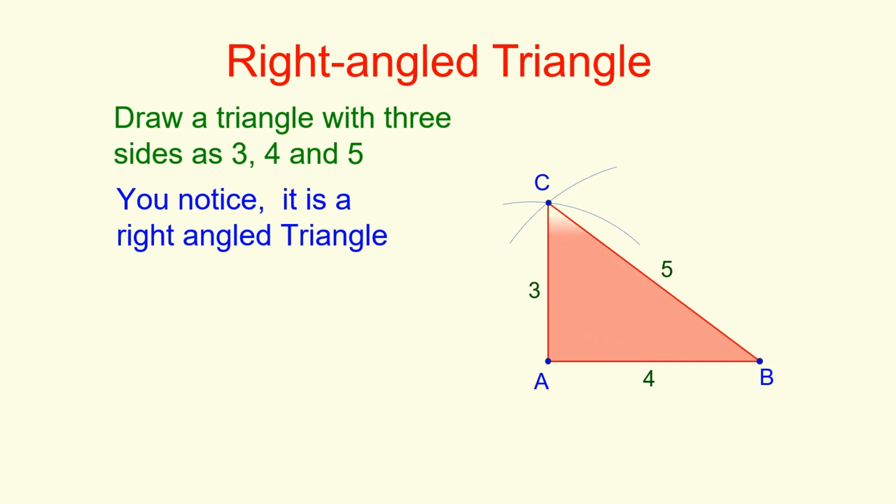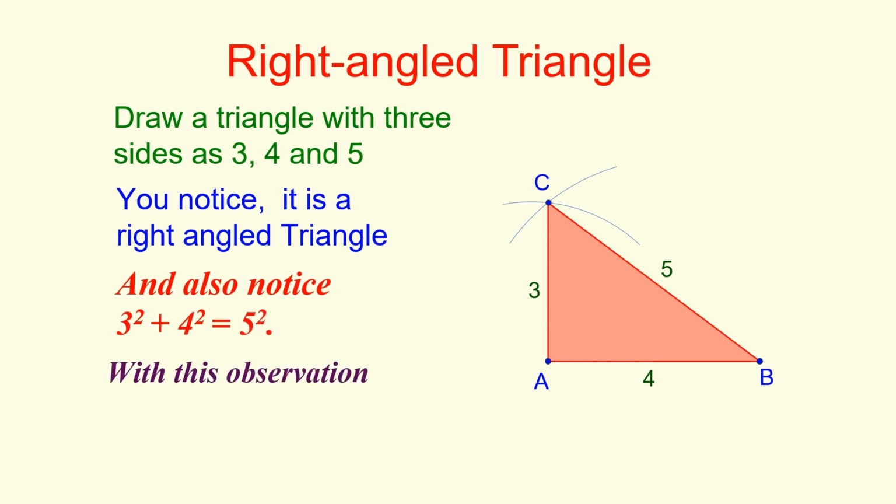You notice it is a right-angled triangle. And also notice 3 square plus 4 square equals 5 square. With this observation, Pythagoras was first to state